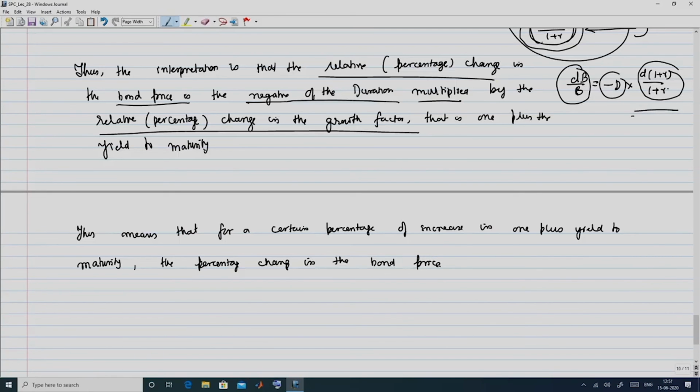So, that means for a change in this as given by this term, the corresponding change in the bond price